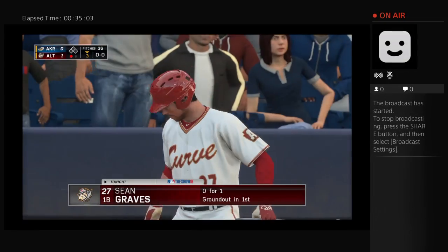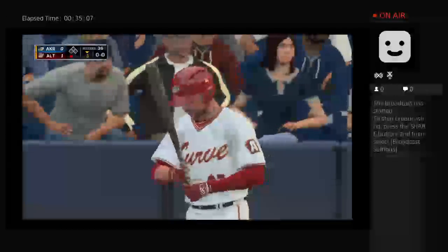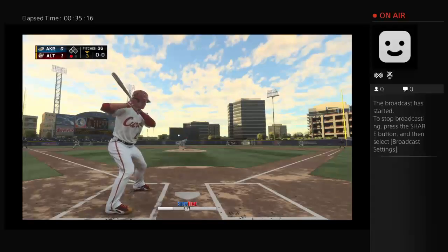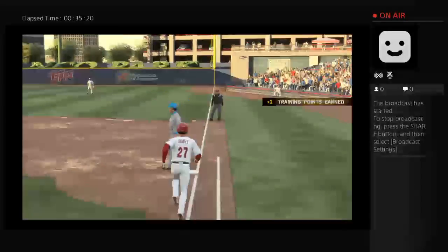Sean Graves stands in. He's 0 for 1 after grounding out. Graves. Here comes the first pitch. Grounded up the first baseline. Left Margowski, and he'll